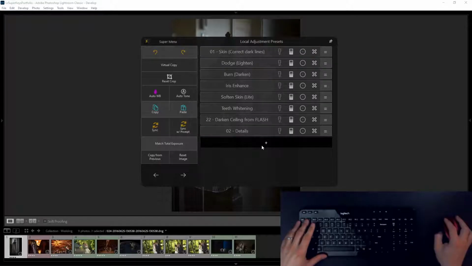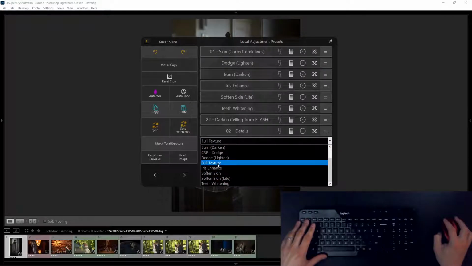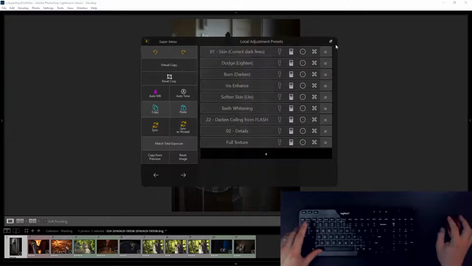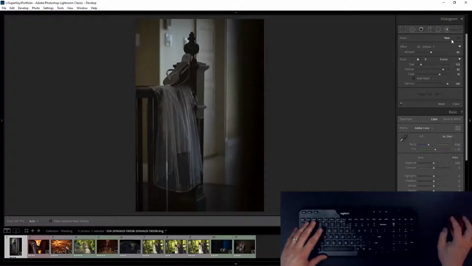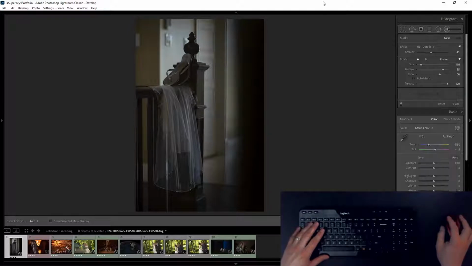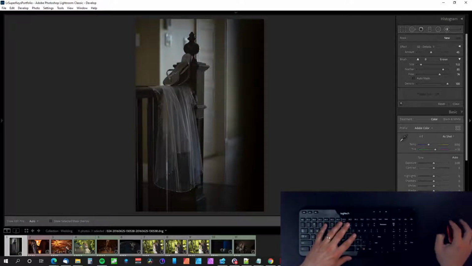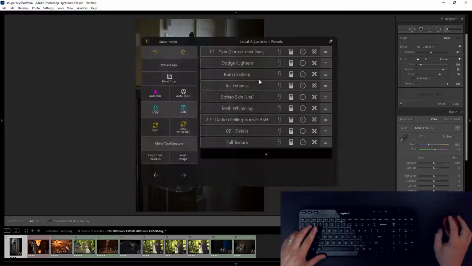So these, when you click here, these are your presets that are in here. So let's bring up here and look at your presets up in here. So it's your custom preset you got here for your brushes. That's where that list comes from. So let's bring up the super menu again. So now,